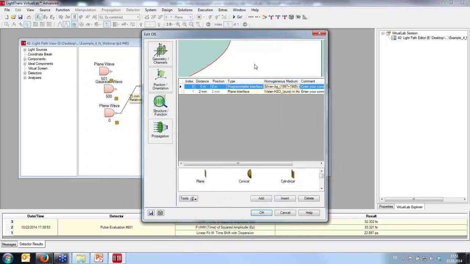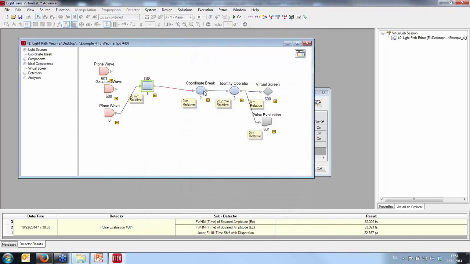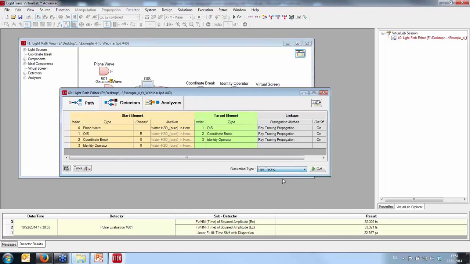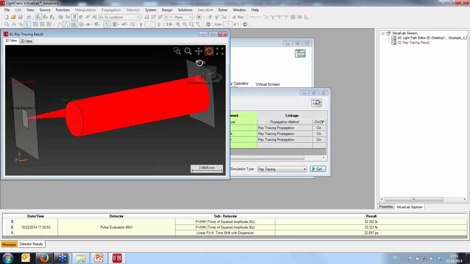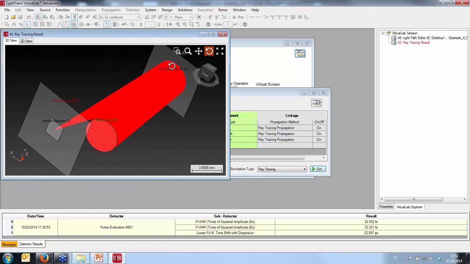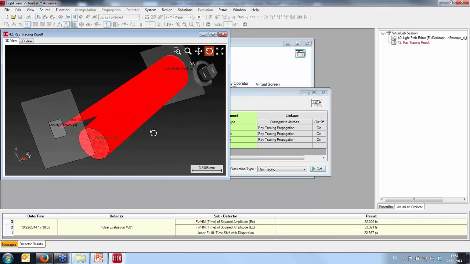Then I have placed some silver behind, just the back surface of the mirror. And then I have placed a coordinate break to nicely position the detector off-axis, at a distance of 25.2 millimeters. And I will just show you now a ray tracing result to save some time, for a monochromatic field. So you see we start here with a plane wave, go on the parabolic mirror, and then focus the light